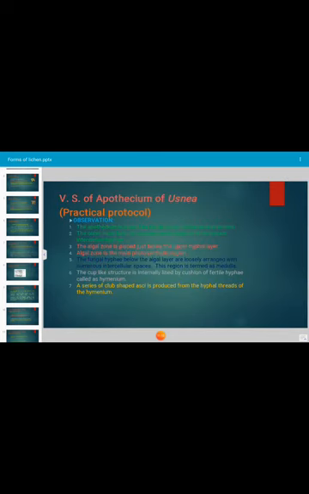Let us see the details. The apothecium is a disc-like fertile region of several lichens. And this is the section we have shown here. It is the section of apothecium of Usnea. The outermost layer of apothecium is made up of numerous interwoven hyphae, and the algal zone is placed just below the upper hyphal layer. Algal zone is the main photosynthetic region.